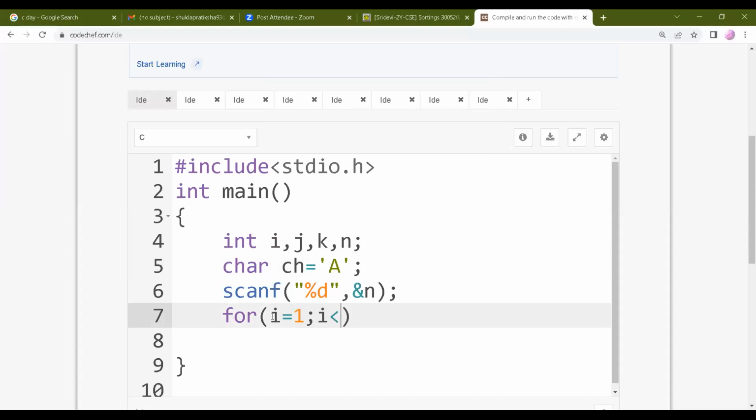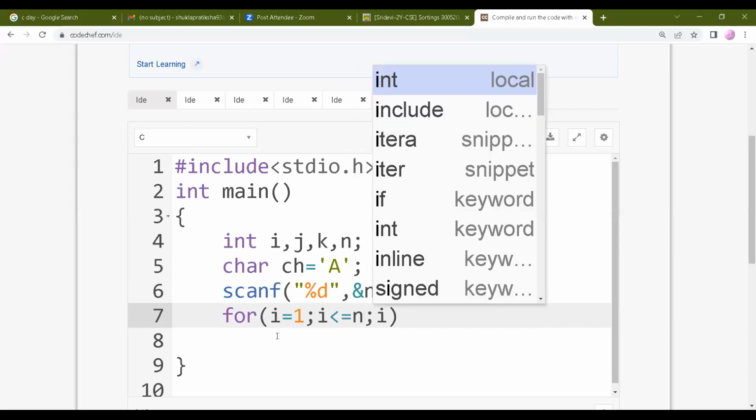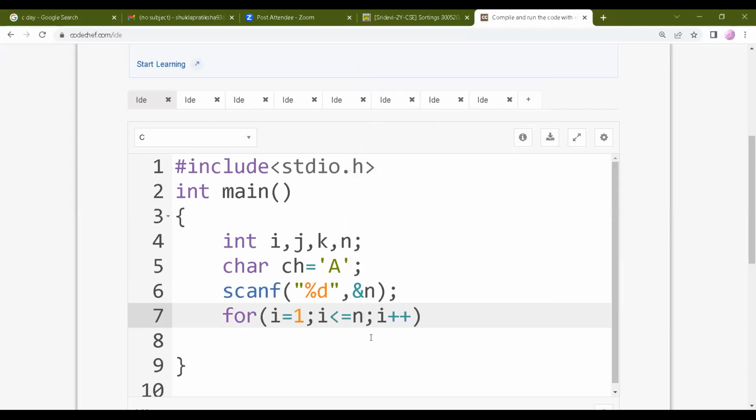So fine, this is the I loop. This is my row loop. I'm saying my row has to be changed how many times? N number of times. Correct? If I'm starting from 1, suppose I'm saying 3, it should run from 1 to 3. Correct? So if I'm starting from 1, I less than or equal to N, basically what does it